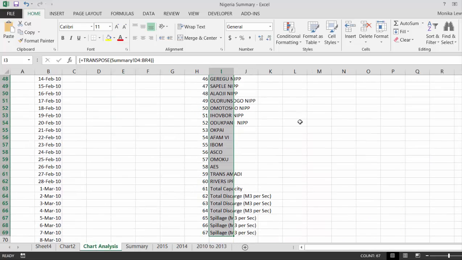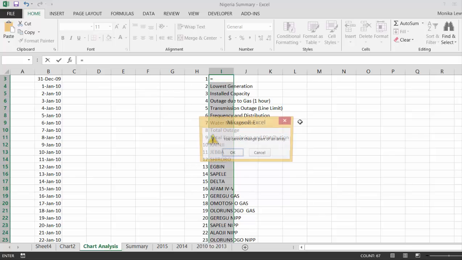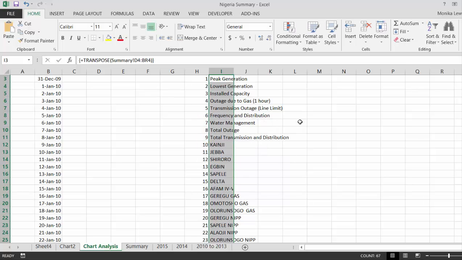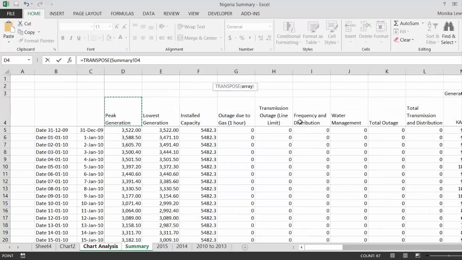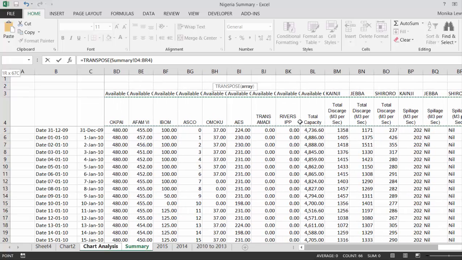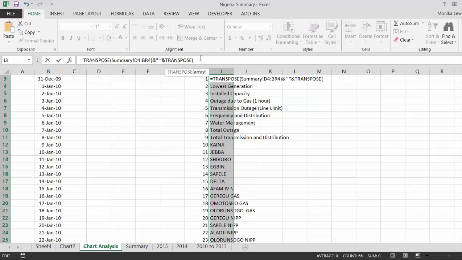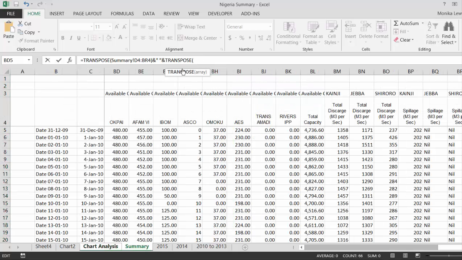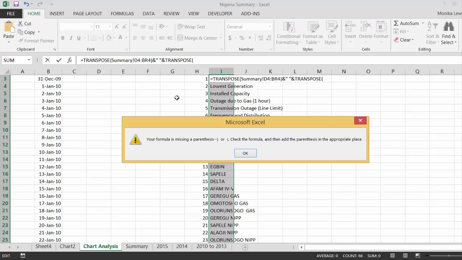Equal transpose, and we go to this one, and then we put an ampersand, maybe a couple of, whoops, never tried this one before, by the way, it probably won't work, and transpose, and we, excuse me, now we get the, oh, come on,